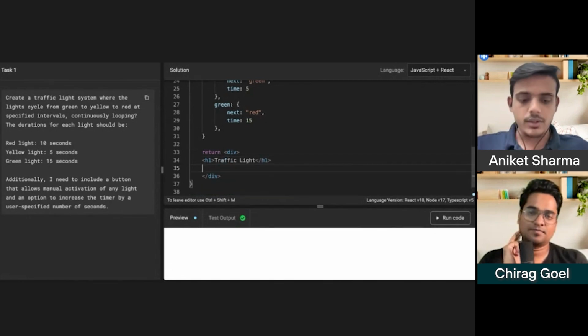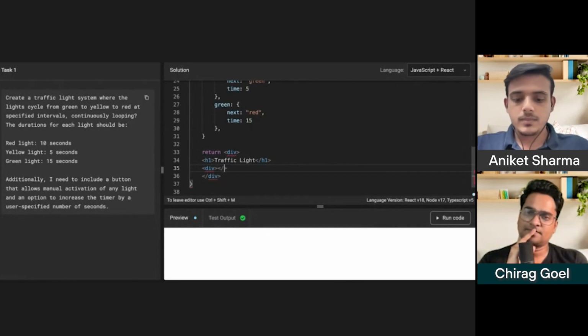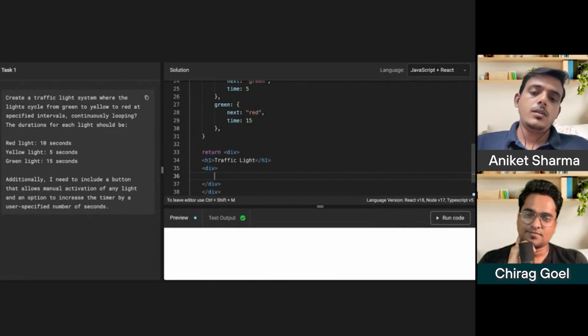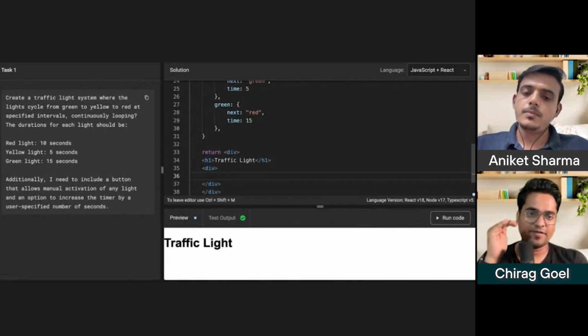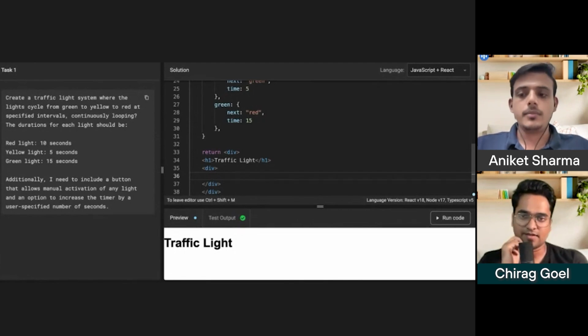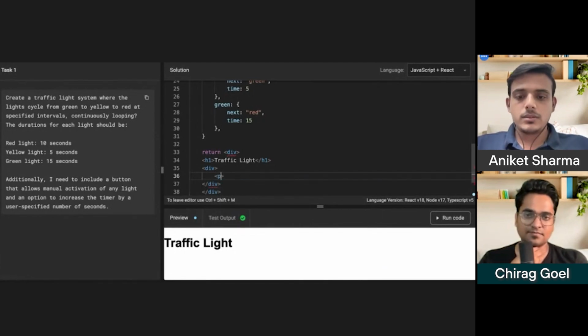Now we need to show the traffic lights. So again, I will use a div. So all of three will be visible. Active will be one at a time, right? Correct. Okay.